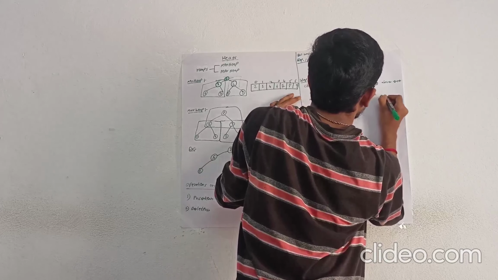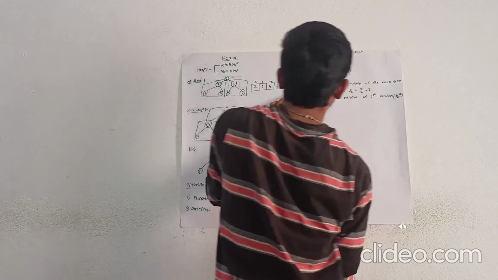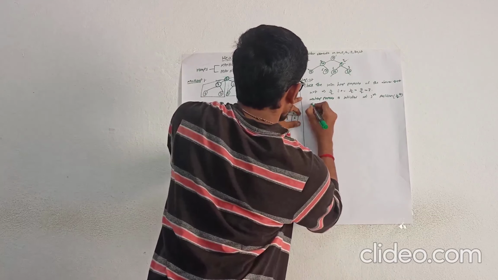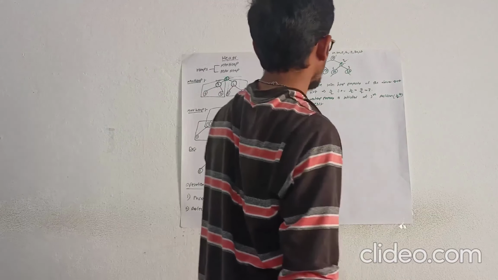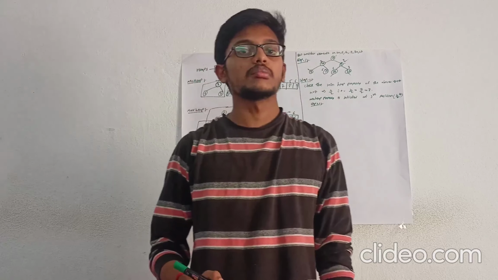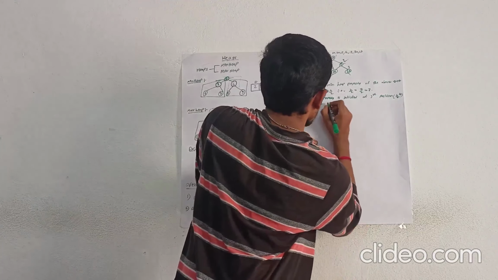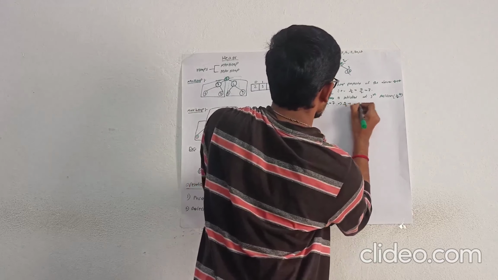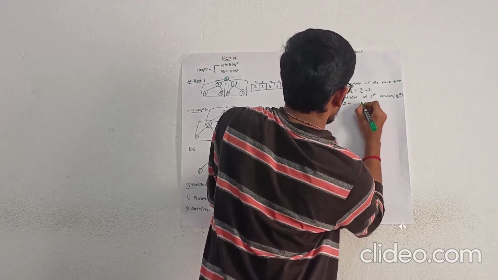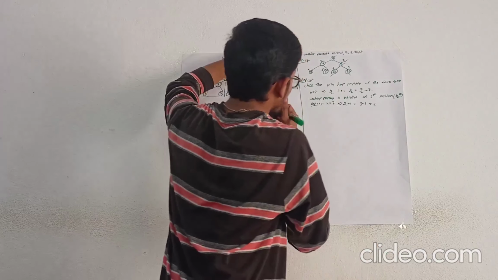At third position, that is n by 2 position. Now step 2.1. Check the min heap property for the n by 2 minus 1th position. N is equal to 7 and n by 2 minus 1 is equal to 3 minus 1, which is equal to 2. Now we have to check the min heap property at second position.